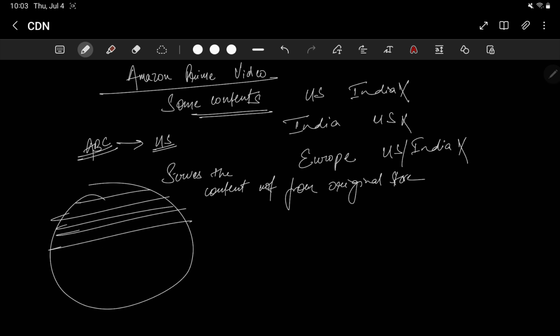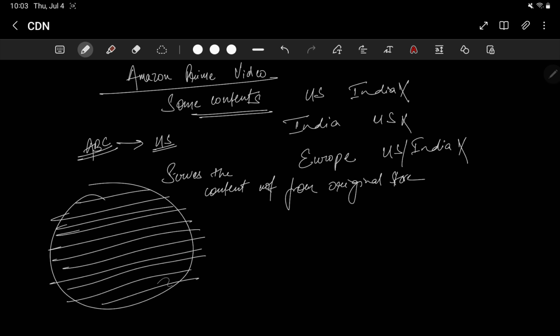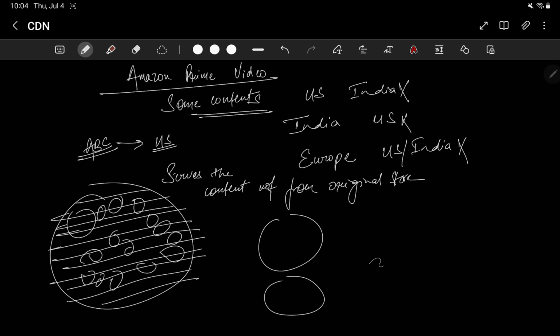If this is the original store for Amazon Prime Video, where everything that's there in Amazon Prime is there, okay, then if these are continents, like here it's US, North America, South America, Africa, Europe, Asia, and somewhere India, okay, then what happens in this case is Amazon uses CDN, okay,